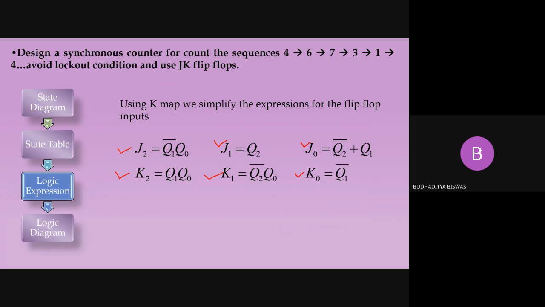So take Q1 bar and Q0, AND them together and give it to J2. Similarly, take Q1 and Q0, AND them together, give it to K2. Take only Q2, just connect it to J1. Take Q2 bar and Q0, AND them, give it to K1. For J0, take Q2 bar and Q1, OR them, connect it to J0.